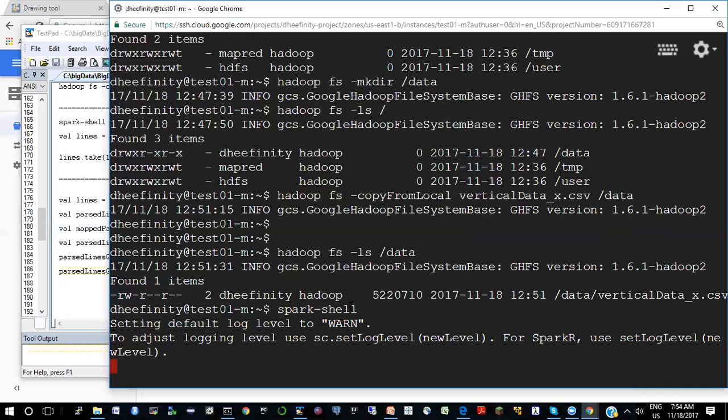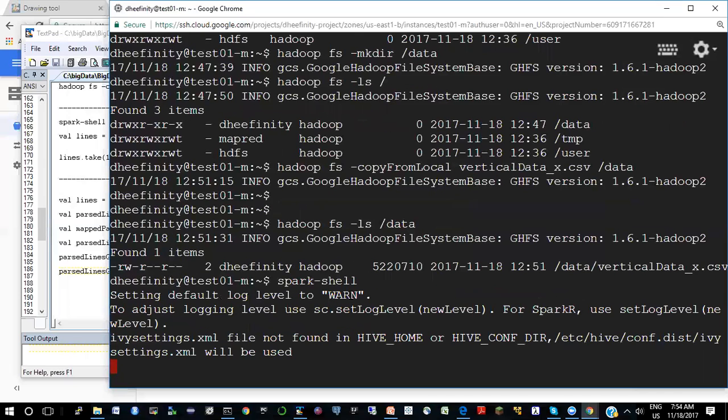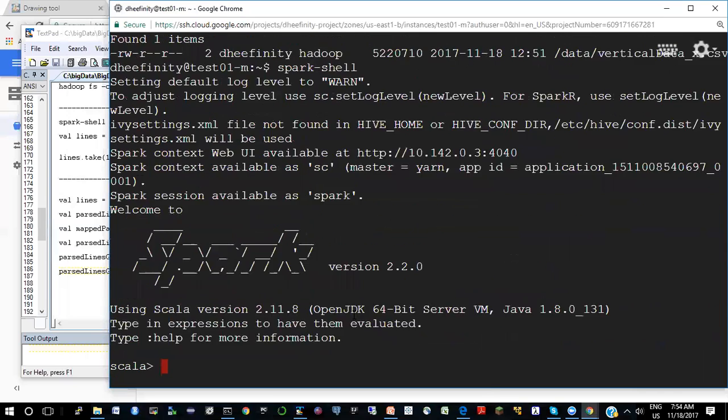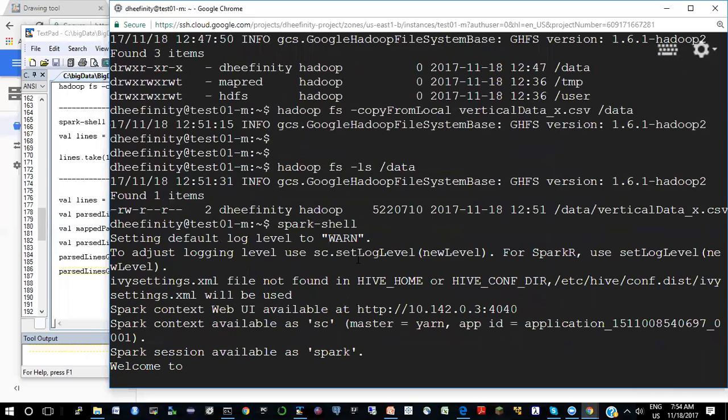So it will give you a starting point for whatever you do on the cluster. So as you can see, this has created